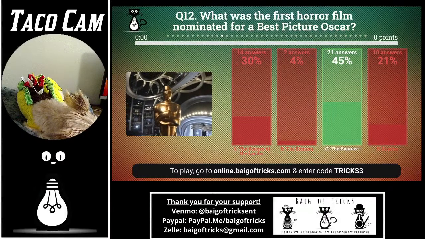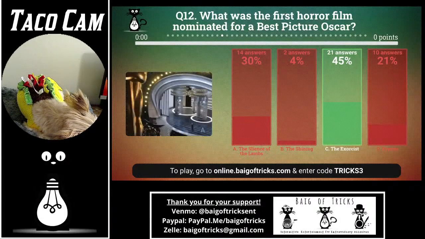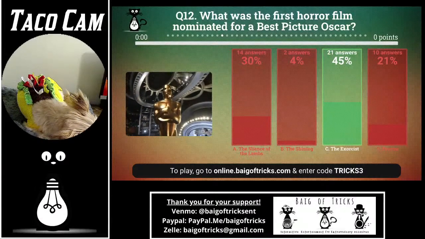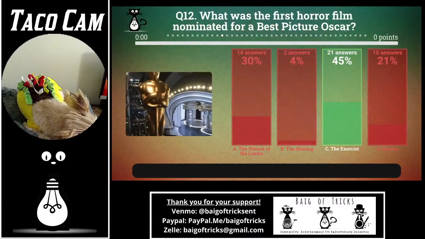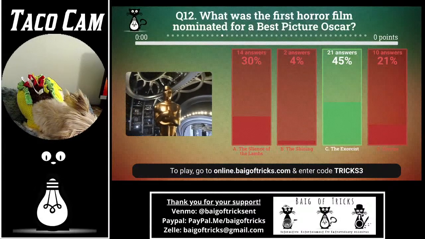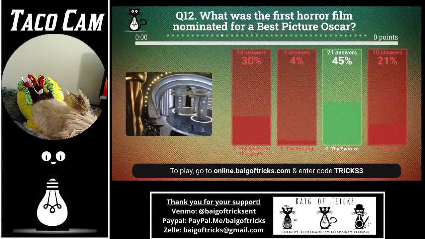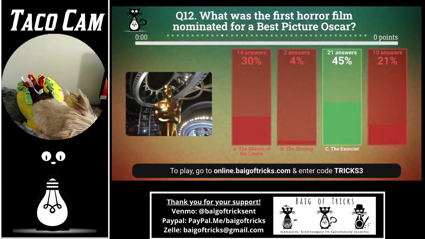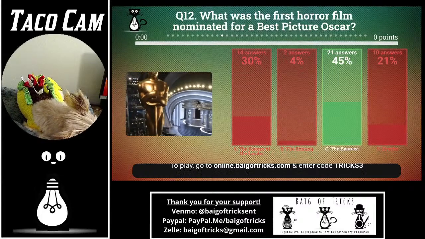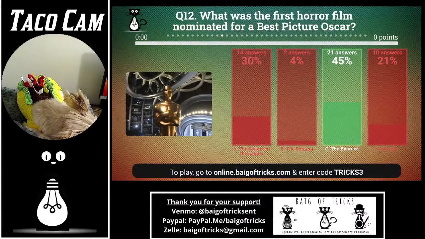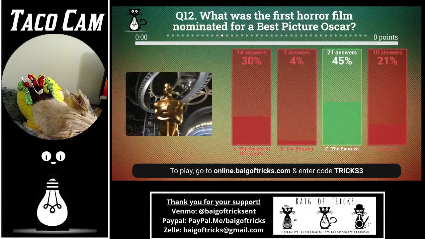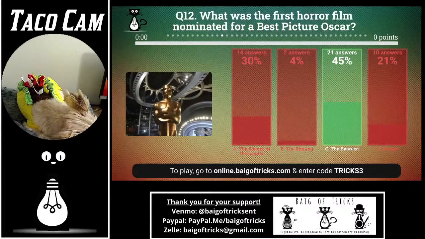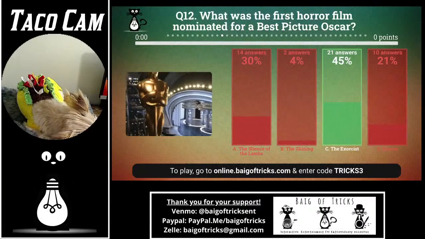The Exorcist was actually the first horror film to be nominated, and then Jaws, and then Silence of the Lambs was nominated and holds the record as being the first horror film to win. It almost swept. I think it took the Big Five that year. The only other ones that have ever been nominated are Jaws, Silence of the Lambs, Sixth Sense, Black Swan, which also won, and Get Out.